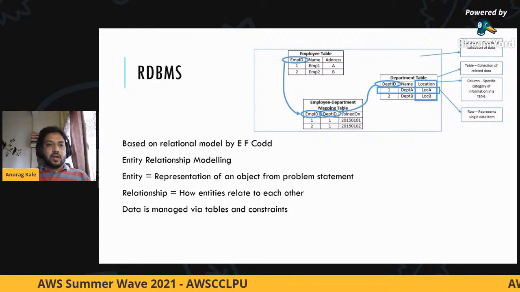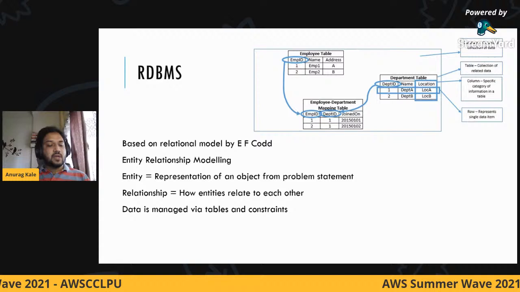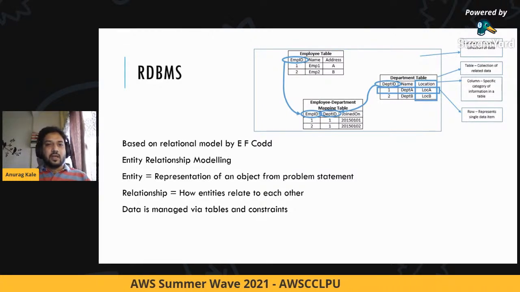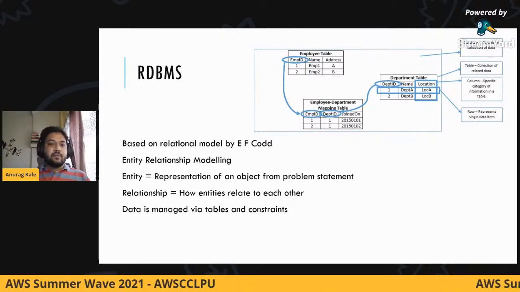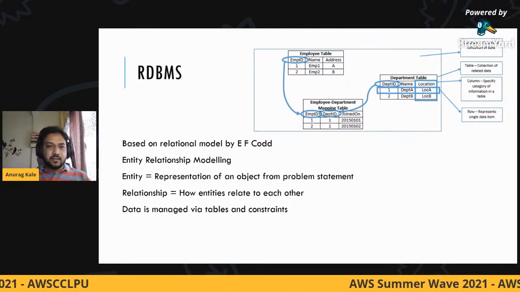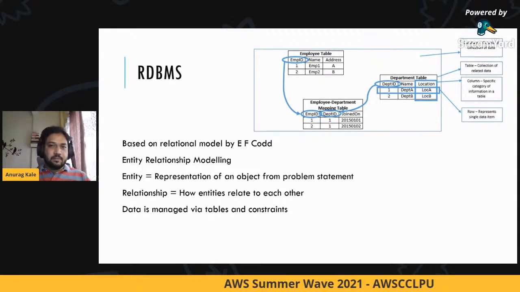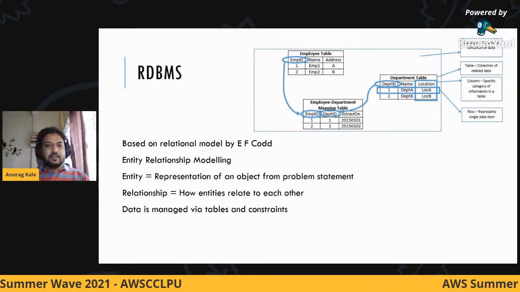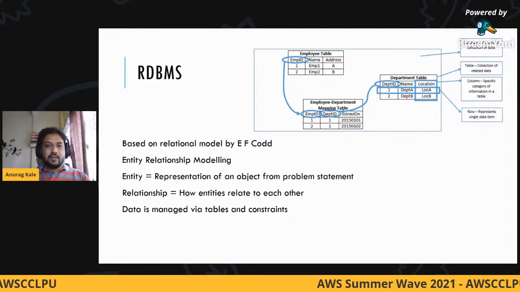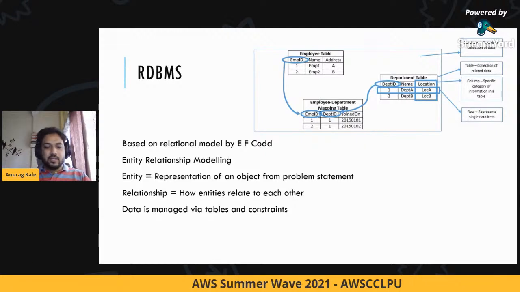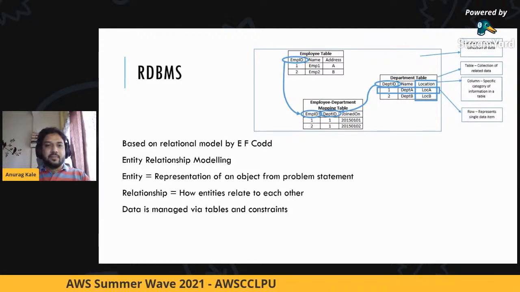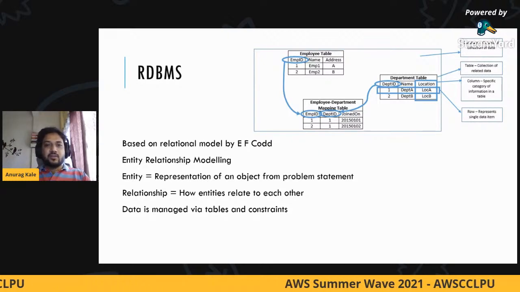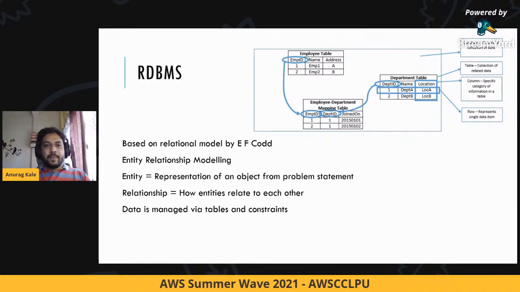And when you look at solutions like SQL Server and MySQL, they implement this theory by using what we call tables, and we use constraints to create a relationship between them. On the top you see a small example. In this example we have three tables: an employee table, a department table, and an employee department table. This is a very typical example taken in textbooks to make an easy introduction to the relational database world.